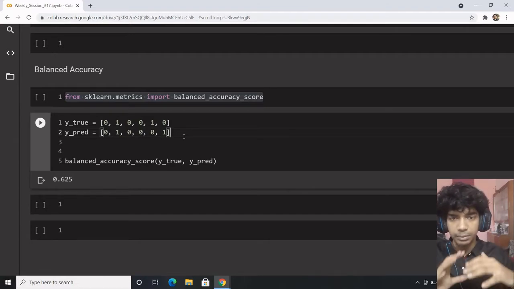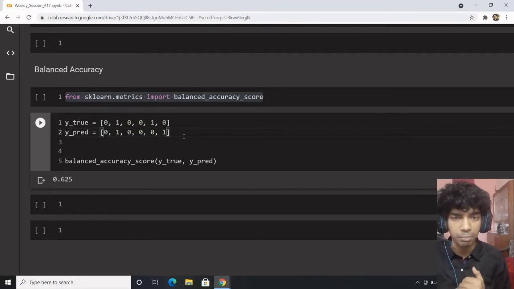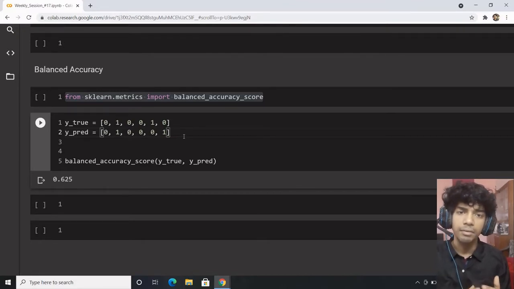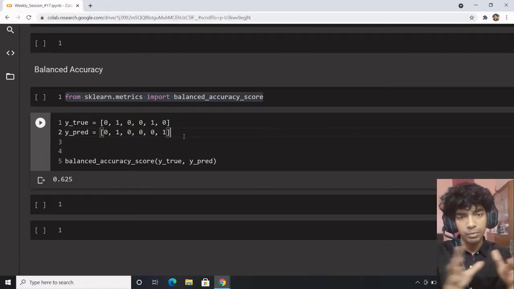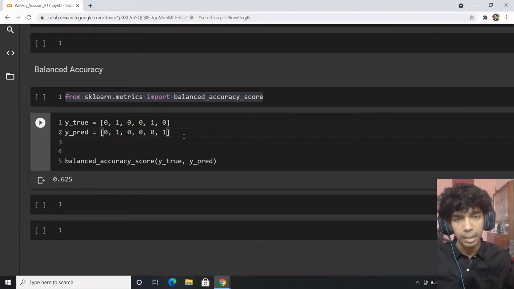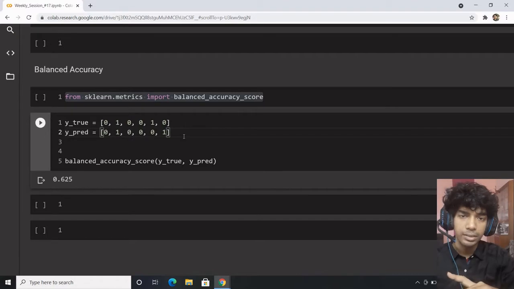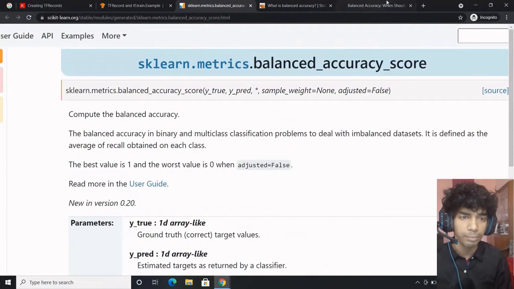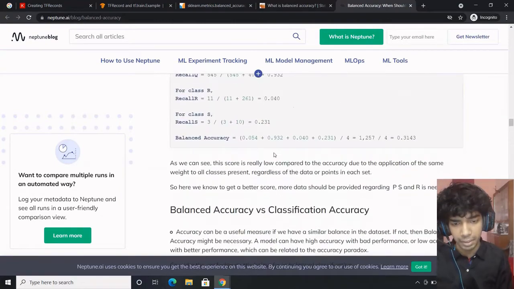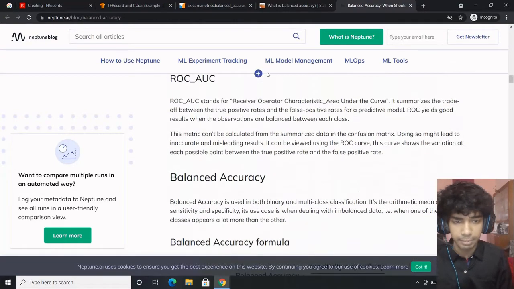So there are three aspects, so we'll move step by step. First we learn how to do the implementation. After you understand the implementation part, we'll shift on to understand when you should actually use balanced accuracy and what it signifies. Then we'll move on to what the mathematical formula of balanced accuracy implies and why you should prefer balanced accuracy over other metrics. I'll be referring to a few blog articles which are quite impressive and have a lot of information provided in a very brief and detailed manner. So let's begin without any delay.